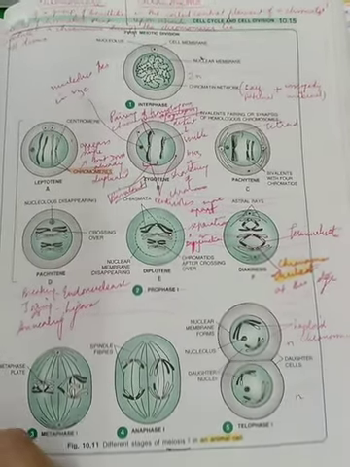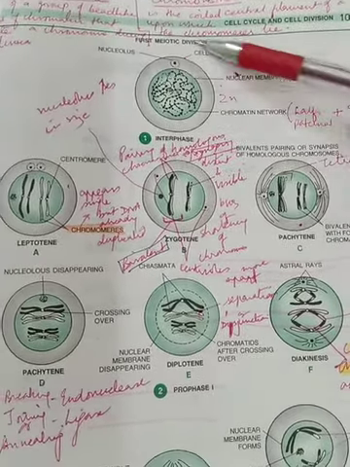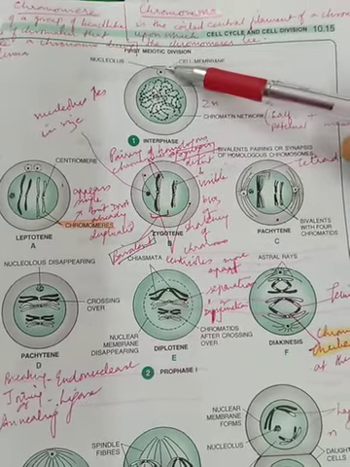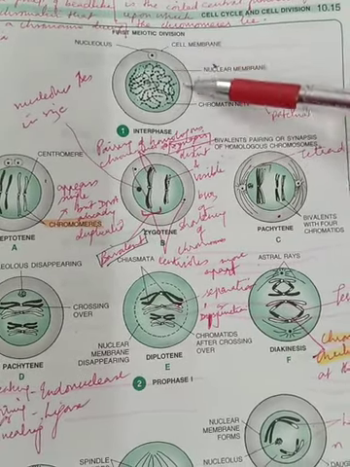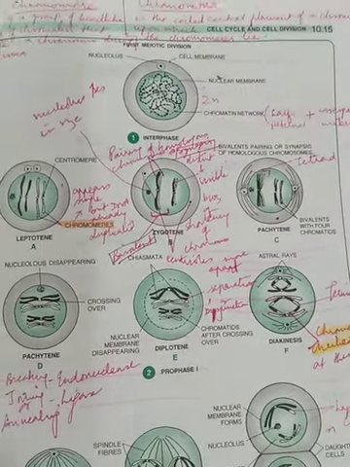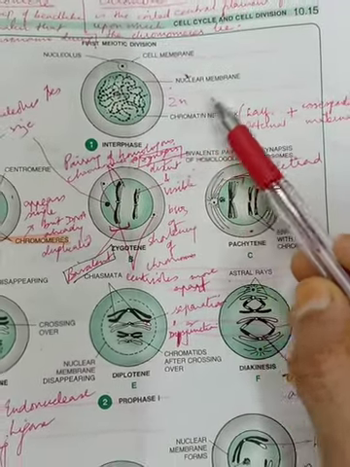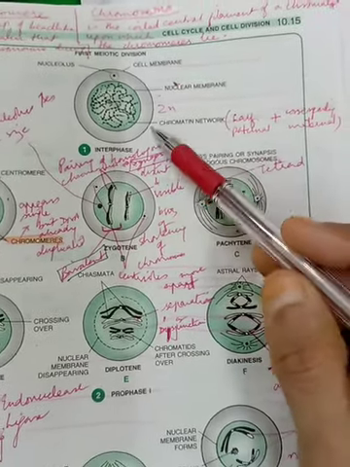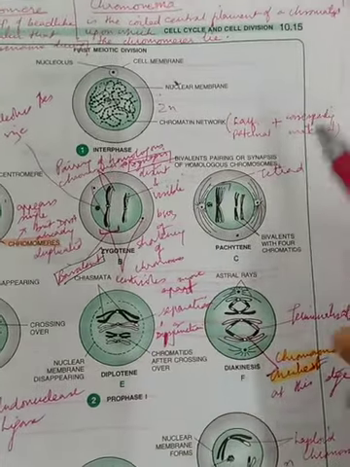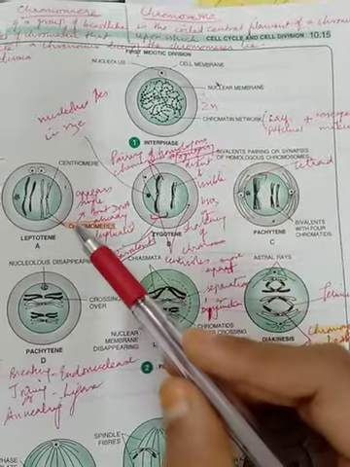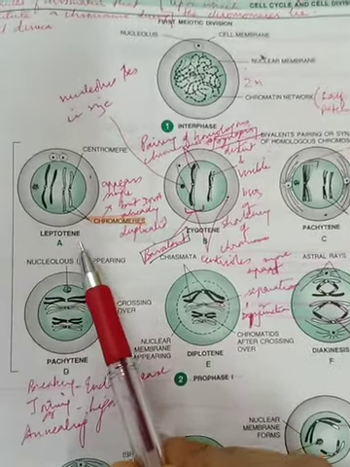So let us begin. The first is interphase, children, as we had discussed previously. This is the preparatory stage. There you can see the nucleolus is clearly seen, the nuclear membrane is clearly seen, the cell membrane is seen, right? And here the chromosome material is in diploid state. The chromatin network that you can see here, half of this is paternal and the corresponding half is maternal.